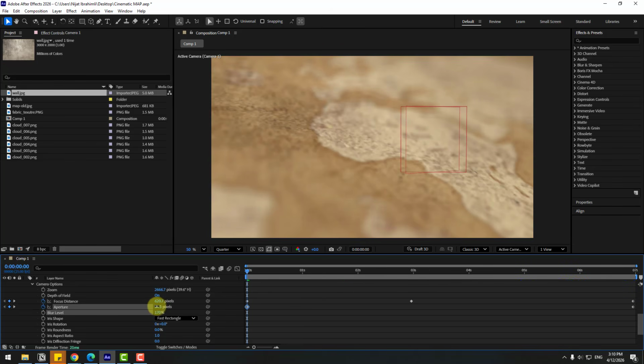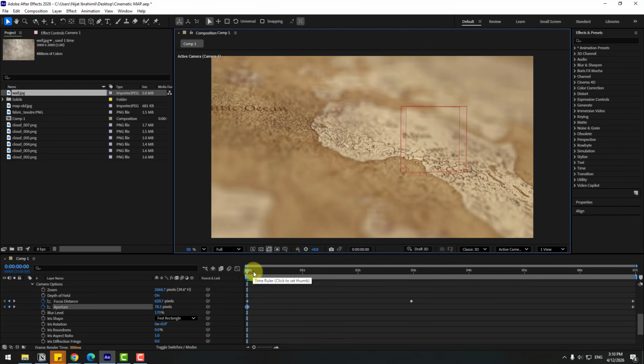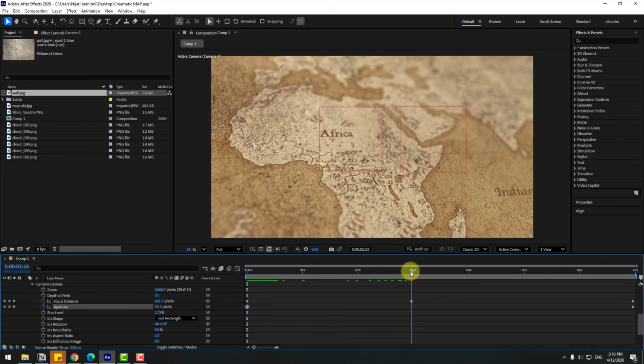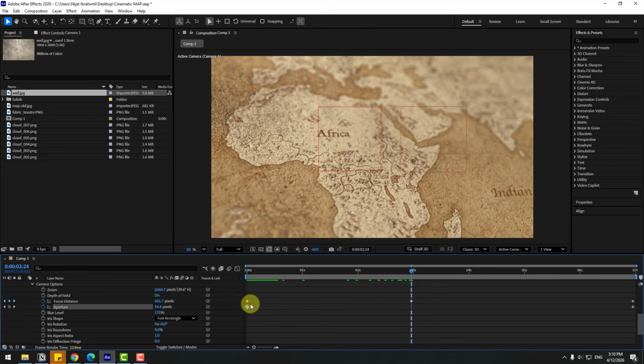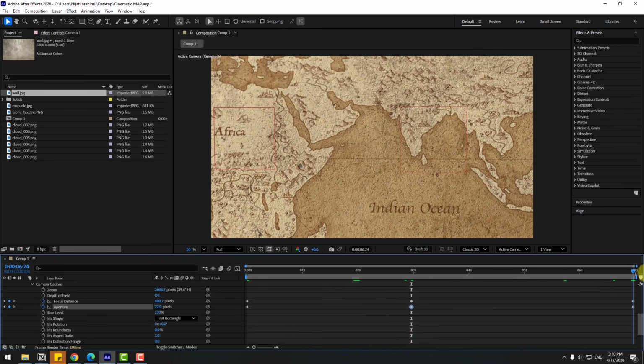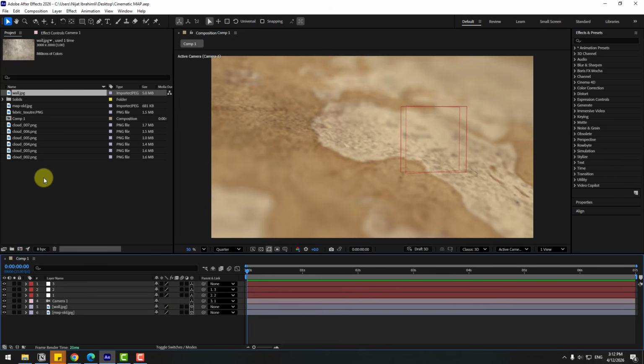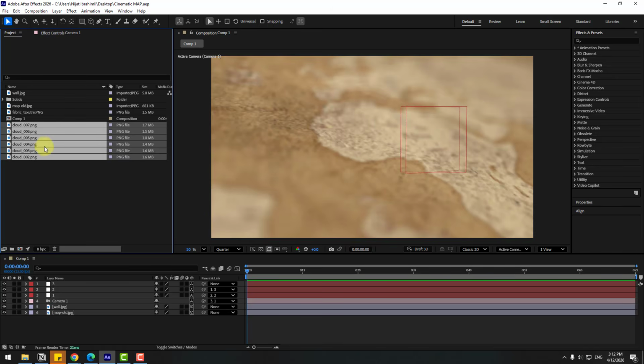Let's play a little bit of this scene. Okay, that's good. And here we can also change the aperture like this to focus on this Africa. Nice, I like it. Okay, now let's close all settings and choose these cloud layers and drag and drop into